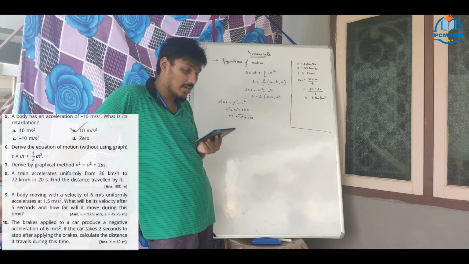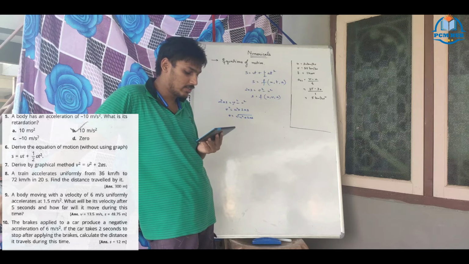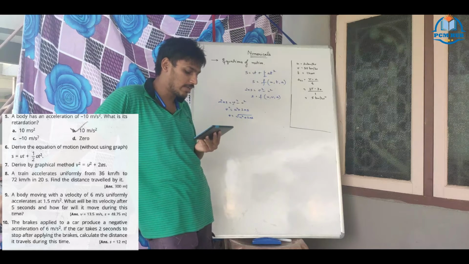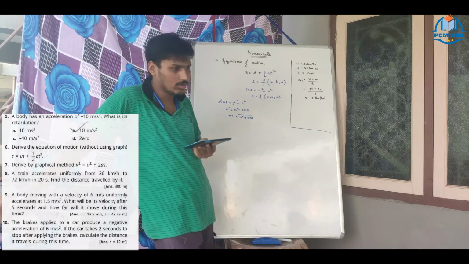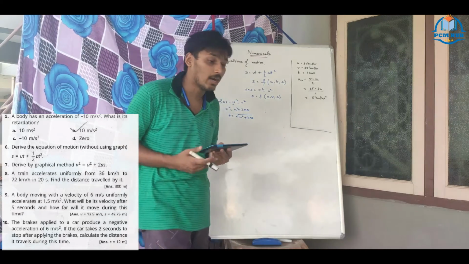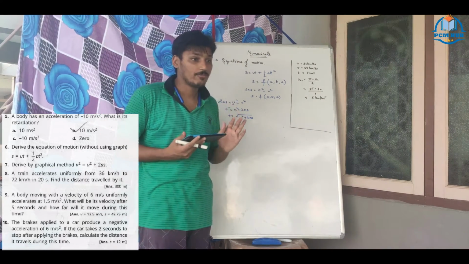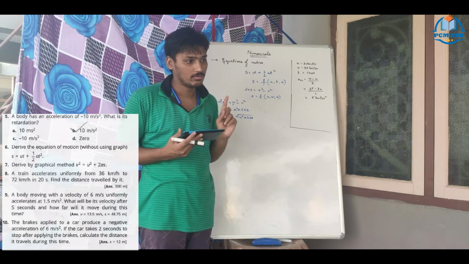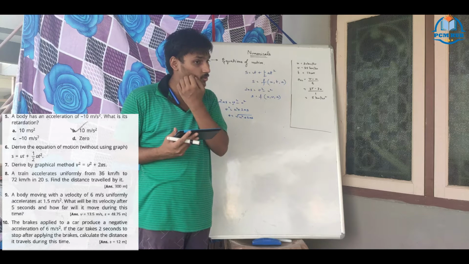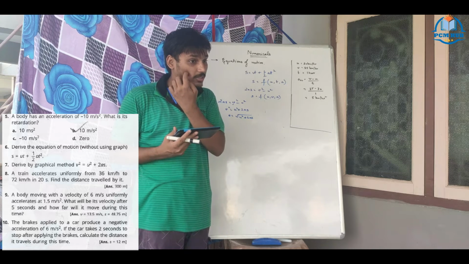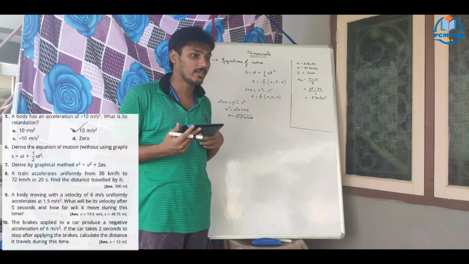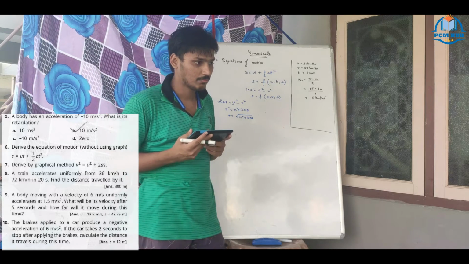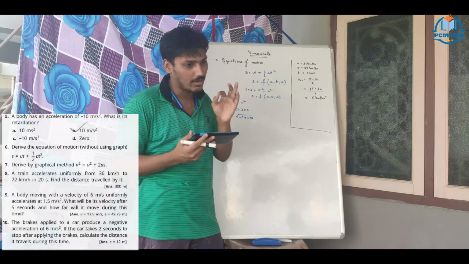Good. So we did these 9 methods, and in this case he is asking about the graphical method. The third equation of motion, v square equal to u square plus 2as, you have to derive using the graphical method. If it is particularly asked in the examination that you have to do it by the graphical method, you have to go by the graphical method only. You can't use the general method or integral calculus and claim you have done the derivation, because they will not give marks. It is specifically mentioned as graphical method.